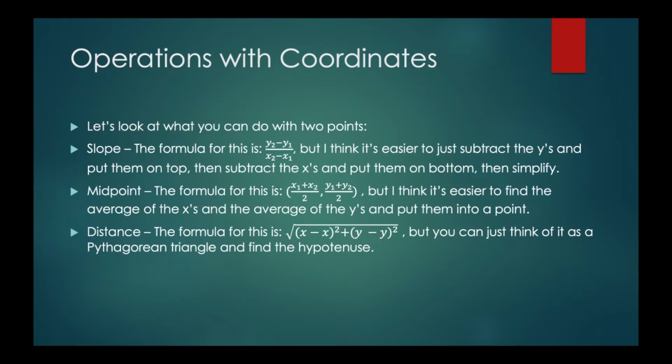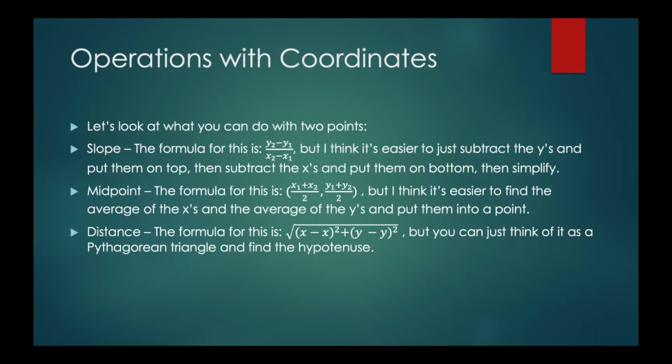Next, we're going to talk about distance, and my distance formula here is a little bit off. So the distance formula is the square root of, in parentheses, x2 minus x1 quantity squared, plus, in parentheses, y2 minus y1 quantity squared. However, I like to think of it as having a Pythagorean triangle, where those 2 points